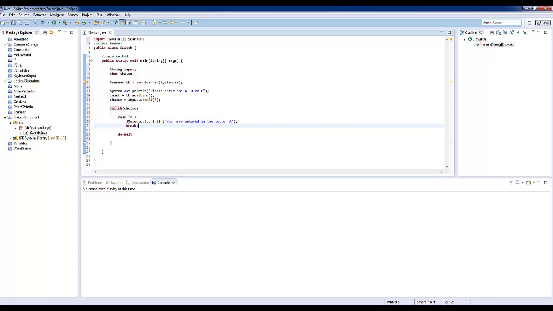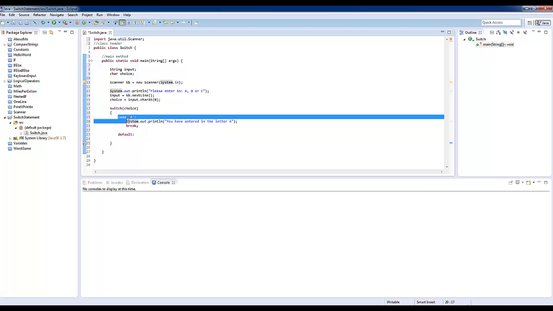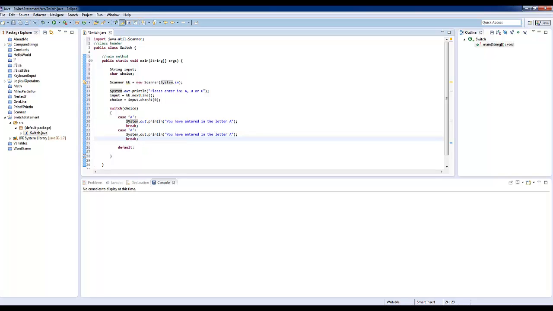important. You have to have this break in here. If not, it'll do something really crazy. I'll show you what it'll do. But for now, I'm just going to copy and paste, because we all love copy and pasting. And so we'll just change this to B or C. And we got to change the output too, because it doesn't really make sense to print out the same stuff, does it? No, it doesn't. And our default, we'll just say,